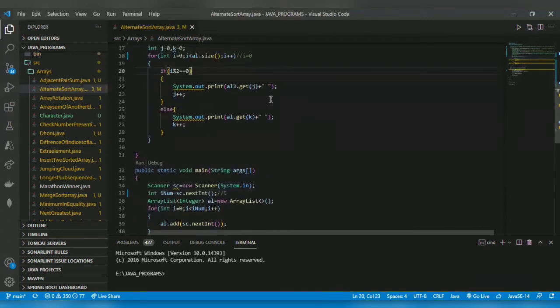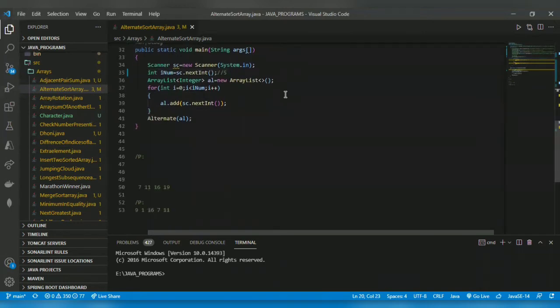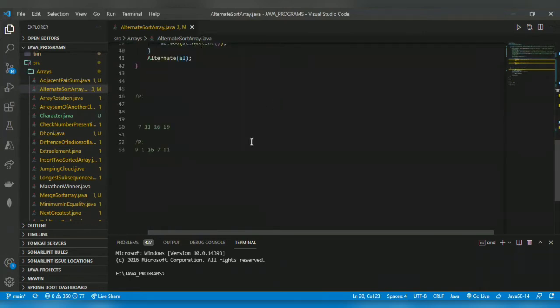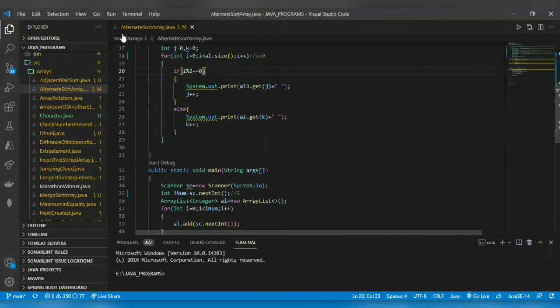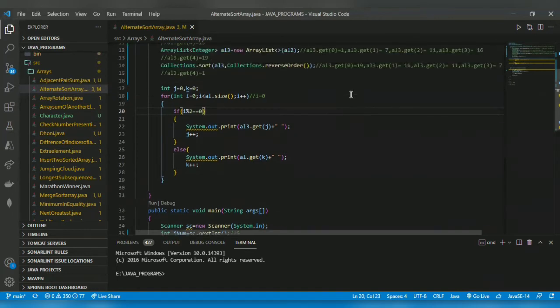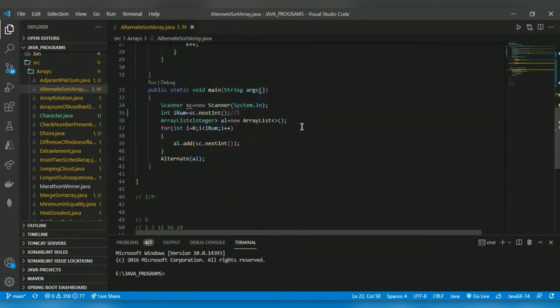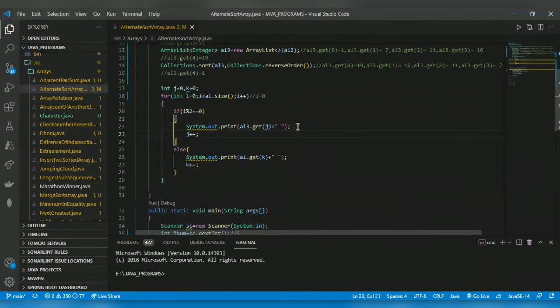i is equal to 0, 0 % 2 equal to 0, right? So the condition is true.